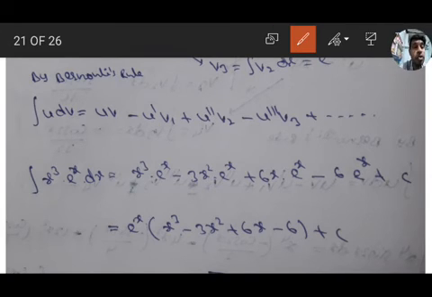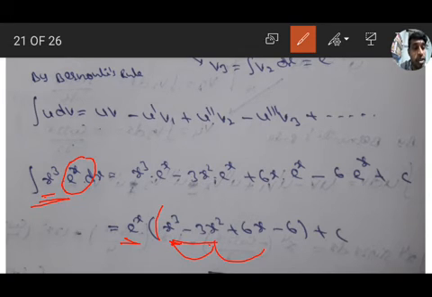It can also be remembered as a shortcut formula. Only e to the power of x is there. If only e to the power of x is there, then the answer for the integration of x cube e to the power of x dx is: first, e to the power of x is common, then x cube, its derivative minus 3x square, its derivative 6x, 6x derivative 6. Write alternating derivatives, positive first: x cube positive, next negative, next positive, next negative, like that.